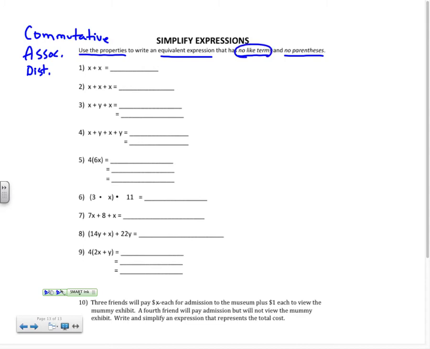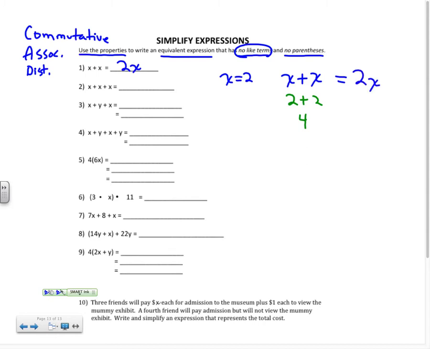combined. Okay, so if we look at number 1, x plus x, that means I have two variables that are alike. Those are like terms, so if I wanted to combine those, I would just say I have two x's, 2x. Okay, so if you want to see an example with an actual number, let's let x be, I'm just going to make this up, 2. So if I have x plus x and I assign the number 2 to the x, I know 2 plus